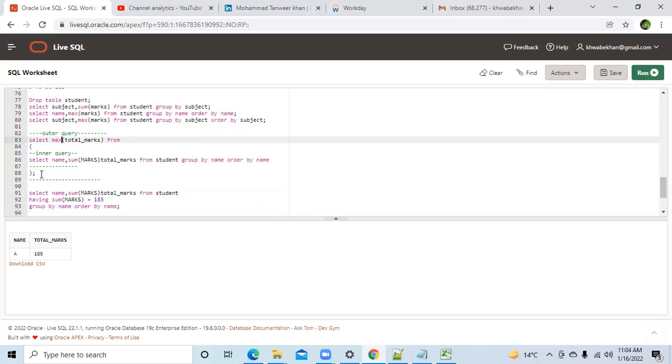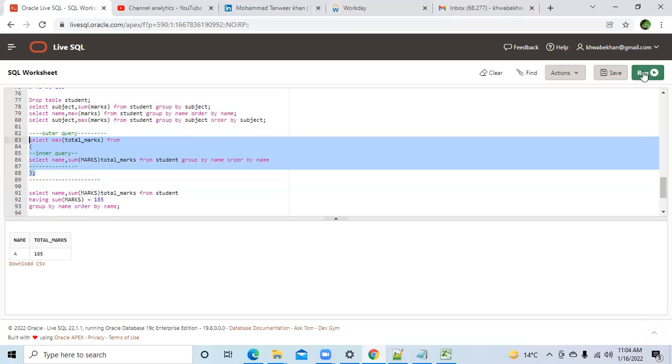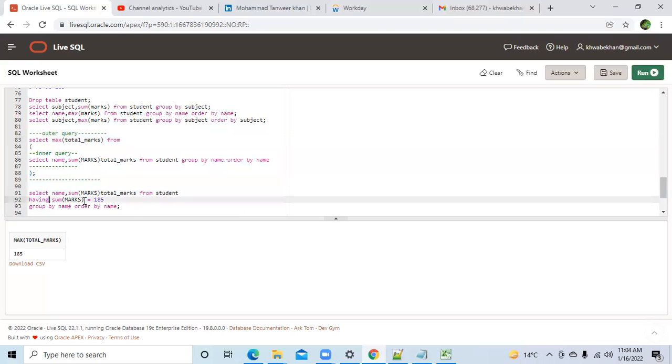From the above query, we know that 185 was the maximum marks, right? And now the next task was to search for that particular student who has scored this total. That was the next target. So what I have done is I have taken this 185 and written that in this total marks, whose sum is 185, I want that particular student name. When I executed this, I got this as an output. So this is the output and we are happy.